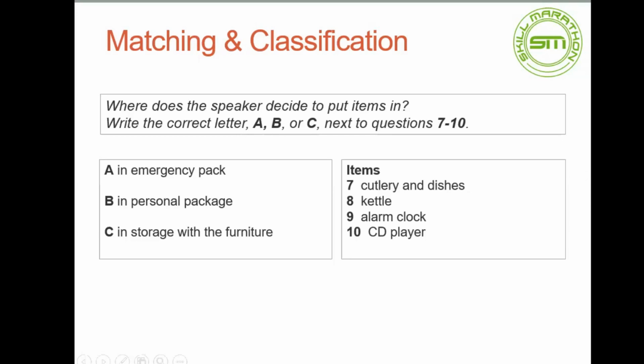I do have an antique tea kettle my great-grandmother gave my mother. I wouldn't want to lose that. So I guess you'd better put that in storage with the furniture. Grandma's tea kettle with the furniture. Got it. Say, how about things like your alarm clock? You don't want to miss your plane on the big day, right? Well, you certainly think of everything. Yes, that's right. I'll also need my alarm clock where I can find it. Fine, we'll put that in your personal package. And of course, we'll give you a list of where we pack everything. So all you'll have to do on Thursday the 14th is grab your luggage on your way out the door.